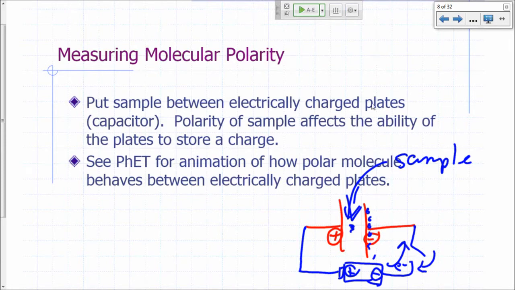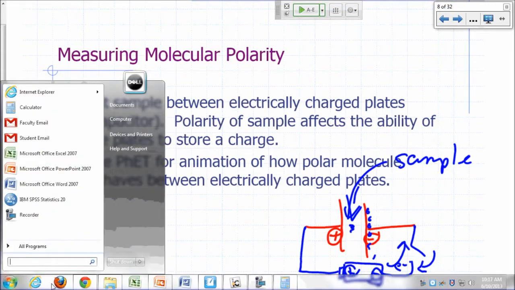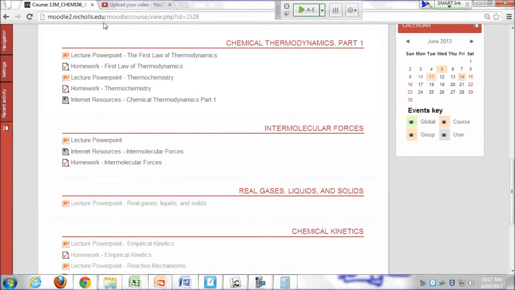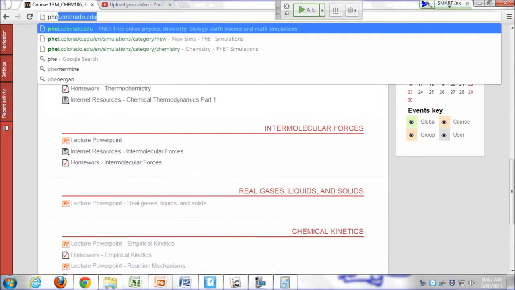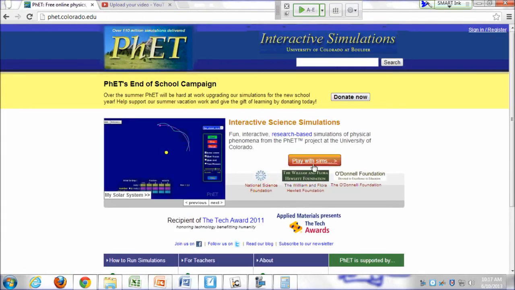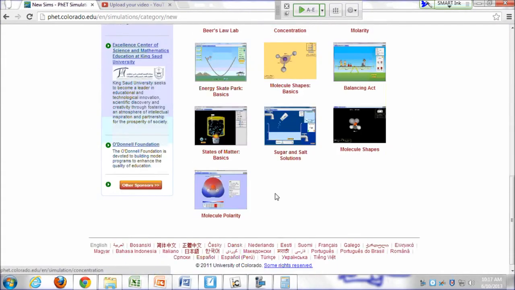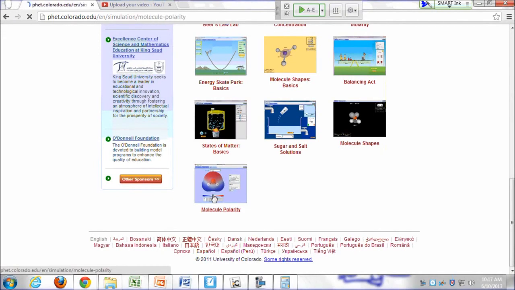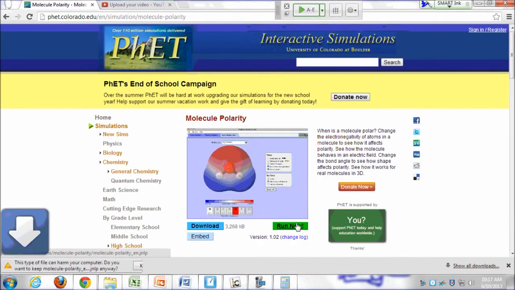We're not going to go into detail as to how that measurement is done. I just want to give you an idea of how that experimental measurement can be made for dipole moment. If you want a better simulation of that, let's see a better picture of what's going on there. Let's go to phet.colorado.edu. There's a simulation there on molecular polarity. So if you run that simulation,